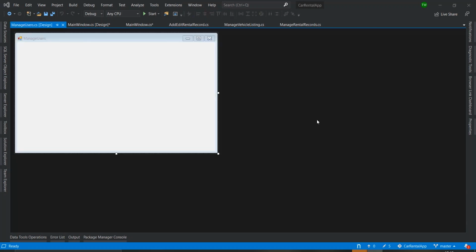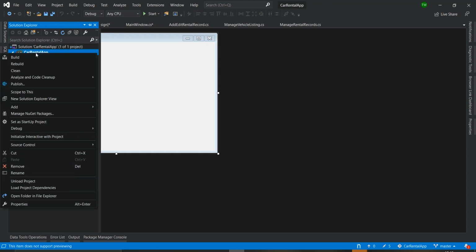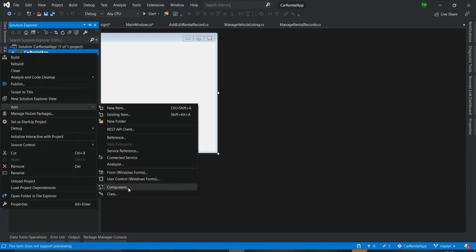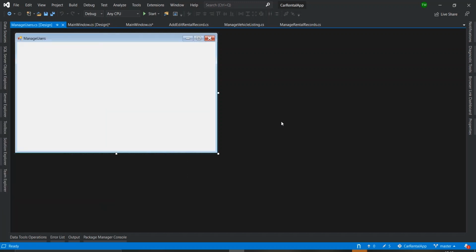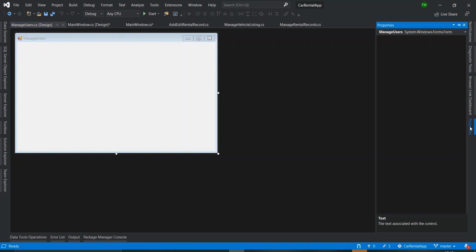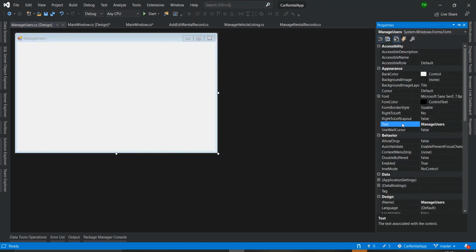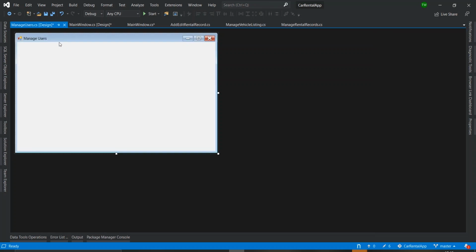I already went through and added the new form, and remember to add a form, you go to Solution Explorer, you right click, you say add, and then you select form, and then you go ahead and add this new form to your project. I called it manage users. If you want to change the name, that's fine, as long as you know what name you used and that the name is relevant. I'm just going to make some cosmetic changes because you can see that the window title I didn't change it. So I'm going to change the text to manage space users so it's more readable,